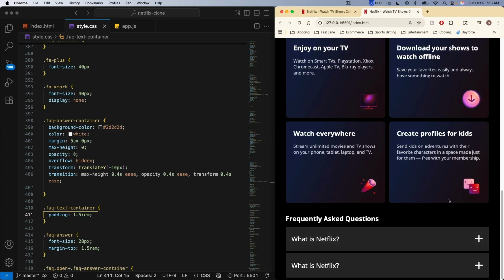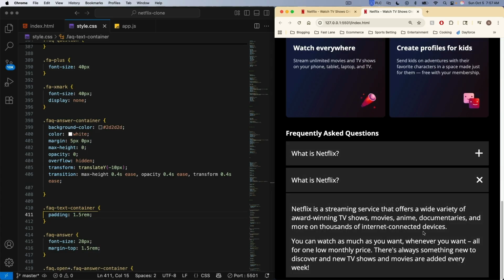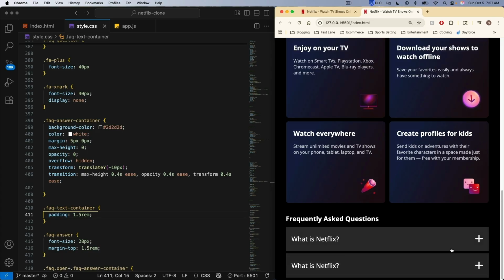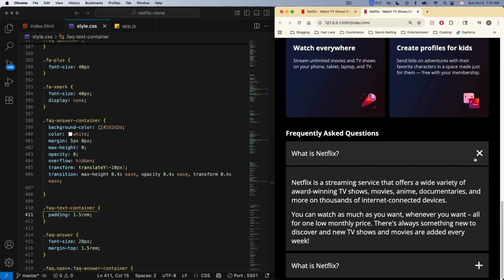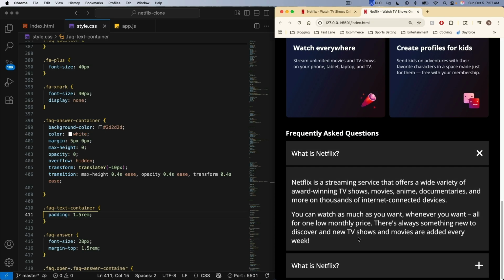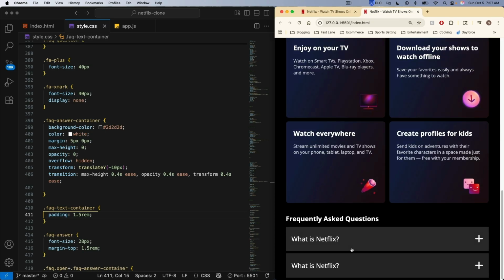So there's that one. There's this one. So that's pretty much working. I mean, that's like the functionality that we want exactly, pretty much. So very cool. And then notice how our X appears, our plus goes away, and then it comes back. Yeah. So that's it. So now let's just go ahead and fill in the remaining questions and answers that we